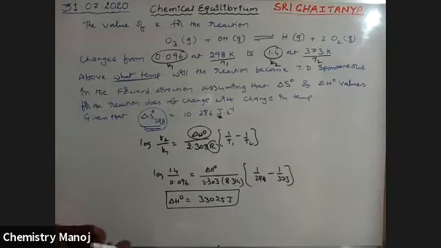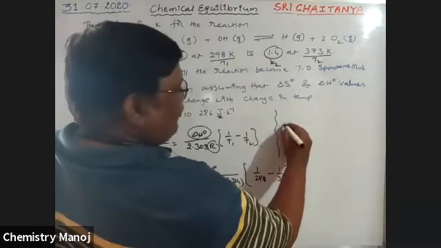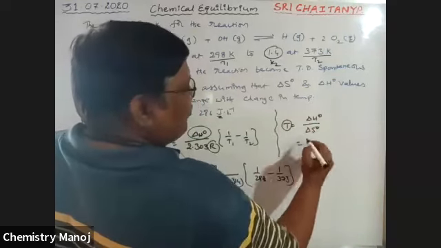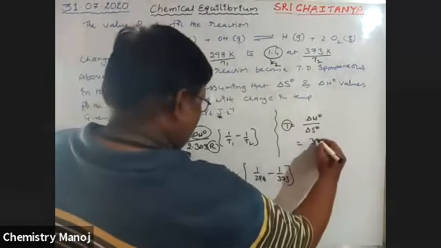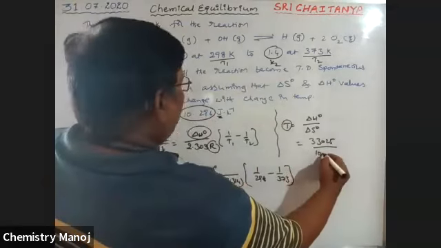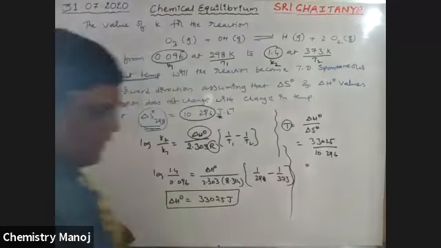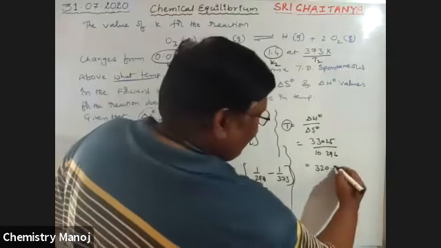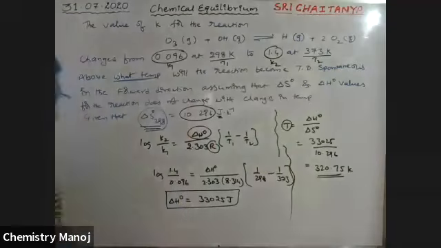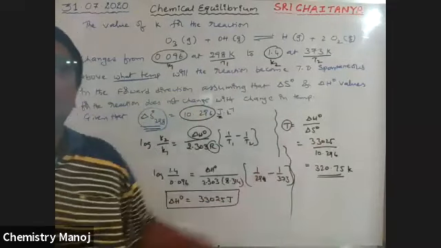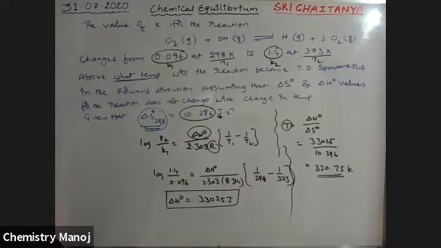Now he wants us to find out the temperature. Therefore temperature T is equal to delta H naught by delta S naught. Delta H naught is 33025, divided by the delta S naught value, which is 10.293. So finally we will get the answer 320.75 Kelvin. So below that temperature the equation is spontaneous, and otherwise the equation is not spontaneous.